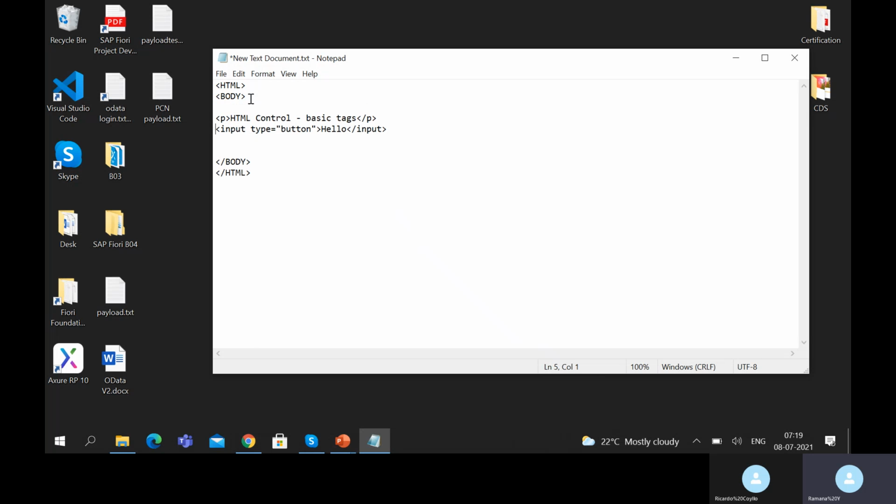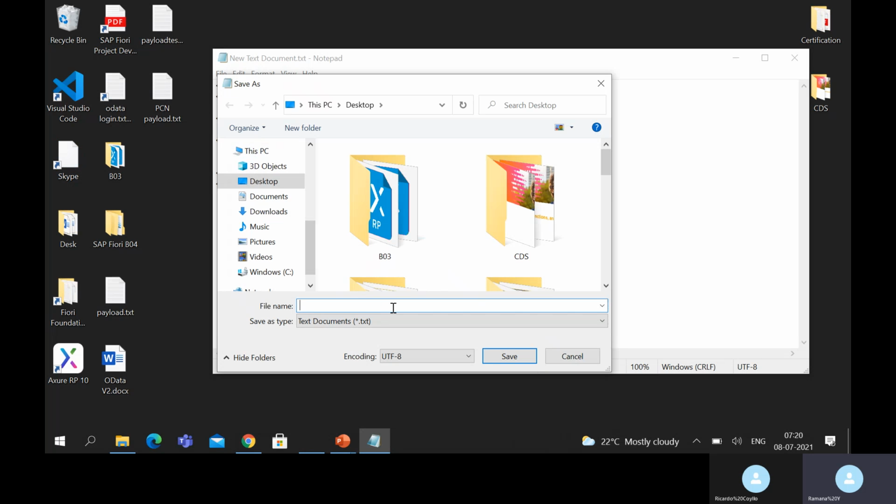P stands for paragraph tag, and input for all types of radio button, combo box, etc. If I have to define those, we generally use this. You can just save this file on your desktop as index.html or something, and you just have to say all files. So if we save this,